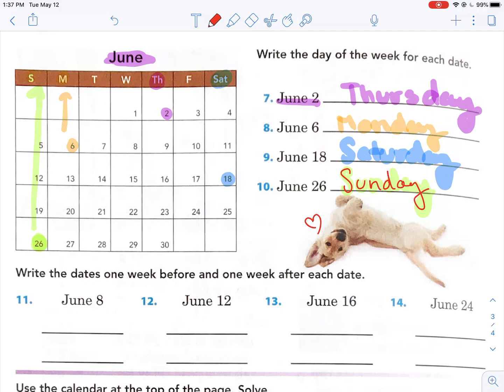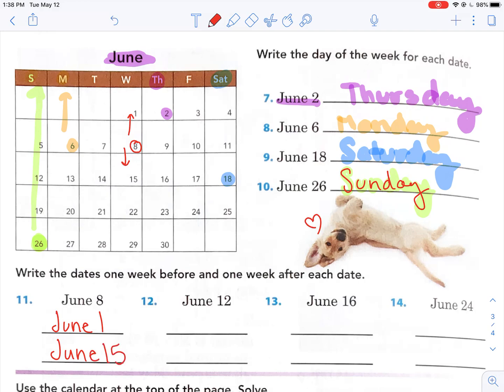Okay, write the date. Sorry, number 11. Write the dates 1 week before and 1 week after each date. Okay, so we have June 8th. Okay, what's 1 week before? That would be June. We'd say 1st, but you can write June 1. And 1 week after? June